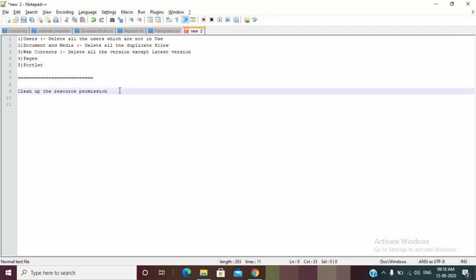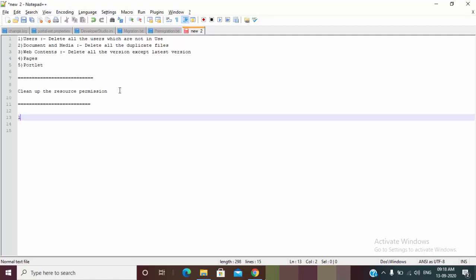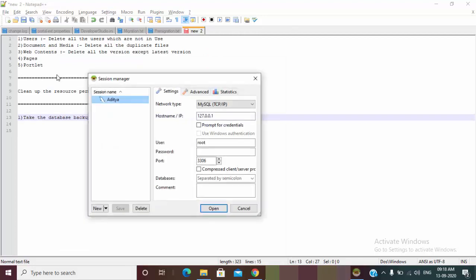So now, after all these things, the important thing is to take the database backup. Let me open my DB which is connected to the Liferay 6.2.